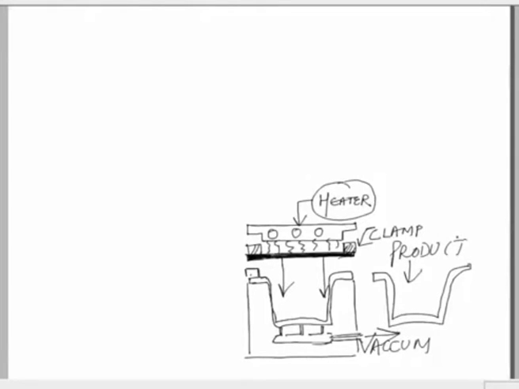So on your screen you see, again I am going to revise this process, because we know that there are two important things to be taken care of. First is the heating and second is the forming. So heating is being done by the heater, that is written on your screen. So heater is heating the raw material. The raw material is available in the form of a sheet. So this particular sheet, when it gets softened, it is brought in contact with the mold and a vacuum is applied, and this vacuum applies a pressure on the softened sheet, and the sheet gets adhered to or attached to the wall of the mold, and after cooling the vacuum is withdrawn.